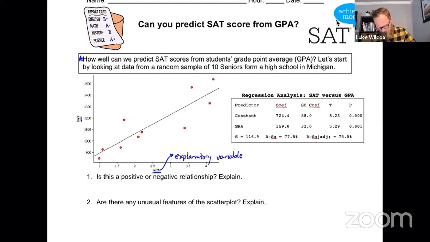So the other variable, the one that we are trying to predict here, is the SAT score. That is what's called the response variable. And we are always going to put our explanatory variable on the x-axis and our response variable on the y-axis. Now, we also have some computer output here, and it is super critical that you're able to interpret computer output